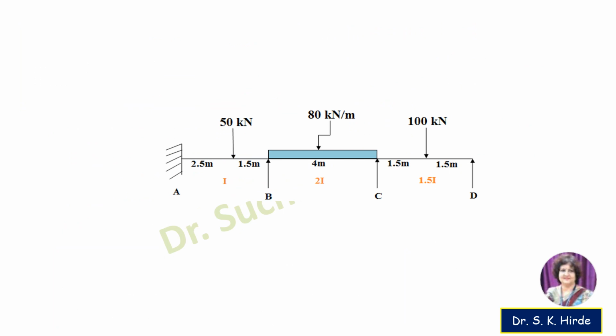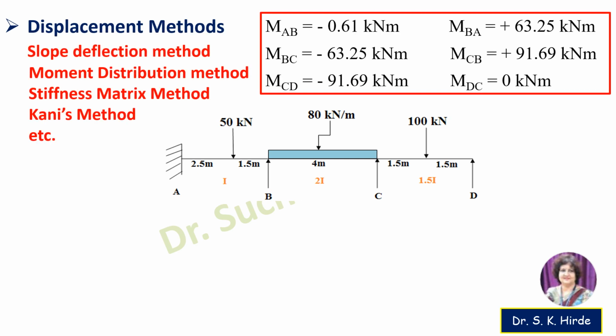Let us first understand how to draw the bending moment diagram after getting the values by the displacement method. In a continuous beam, if the load is downward, hogging bending moments are developed at the supports, over which we superimpose the bending moment diagram due to load, which is a sagging diagram, by considering each span as a simply supported beam. We overlap this sagging diagram over the hogging diagram due to the bending moment at the support. So let us see how to draw this.